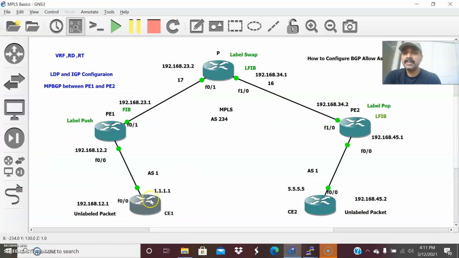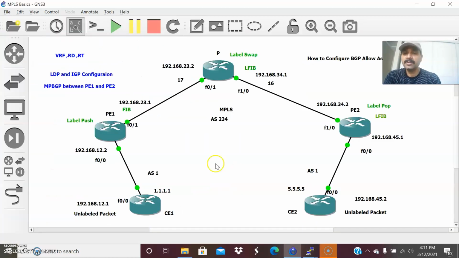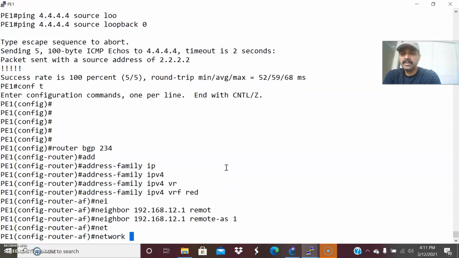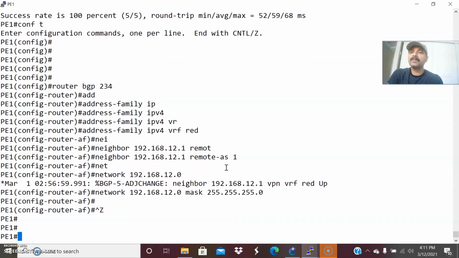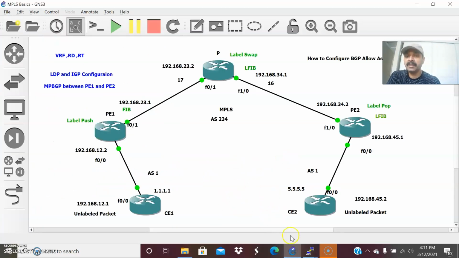The neighbor is 192.168.12.1, and the remote AS value is 1. Then the network is 192.168.12.0 with mask 255.255.255.0. The 12.1 neighbor is coming up.